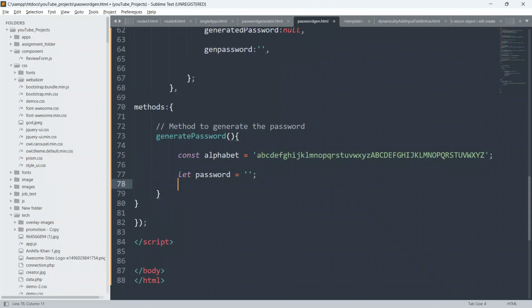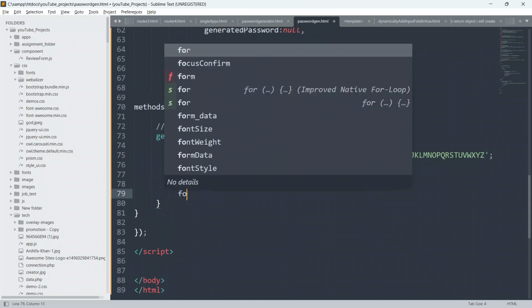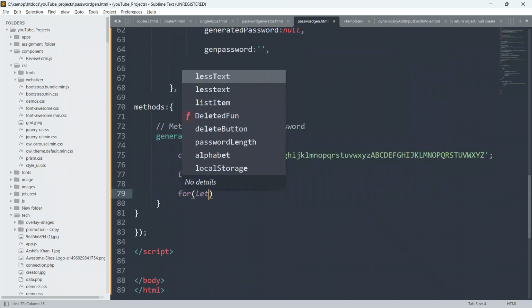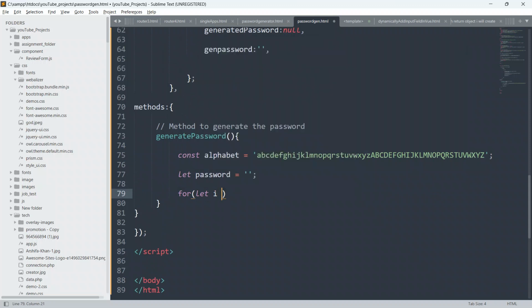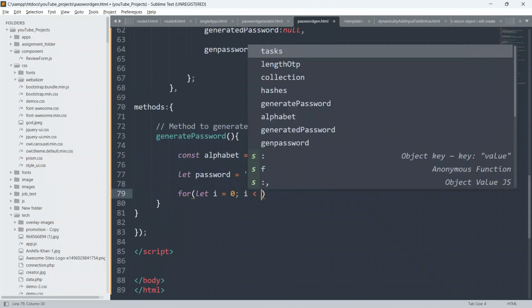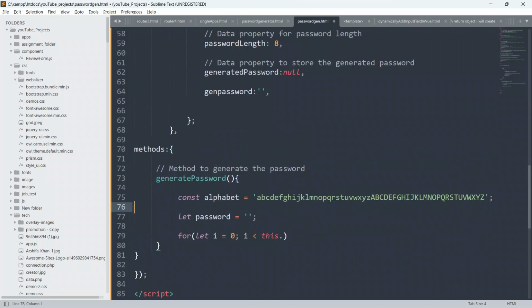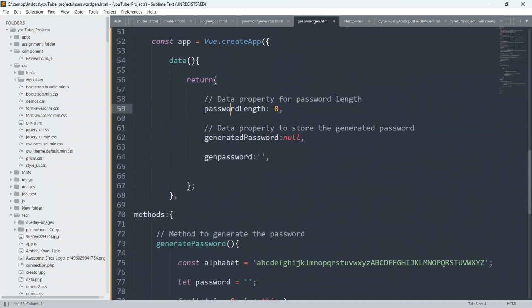So now I will create a for loop, okay. I'll say let i equal to 0 and put semicolon, and I'll say here i is less than this dot password length, okay.